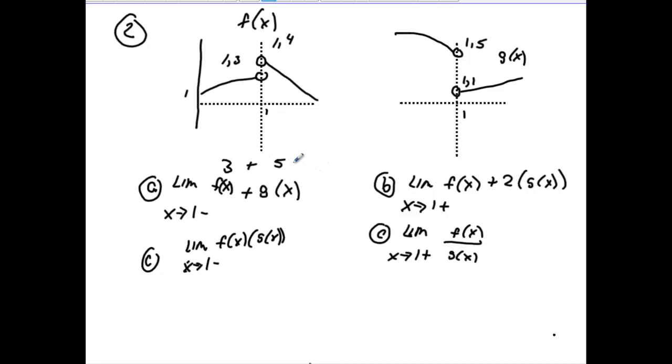So the answer in this one would be 3 plus 5. I'm going to get 8. And that would be to part A. To B, what is the limit of f of x plus 2 times g of x as x approaches 1